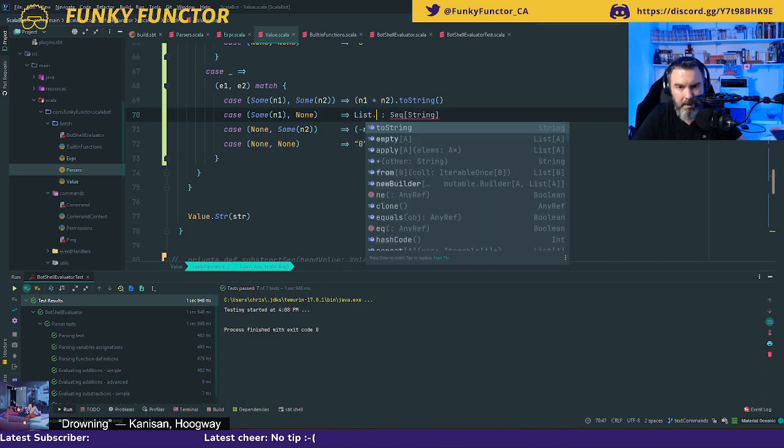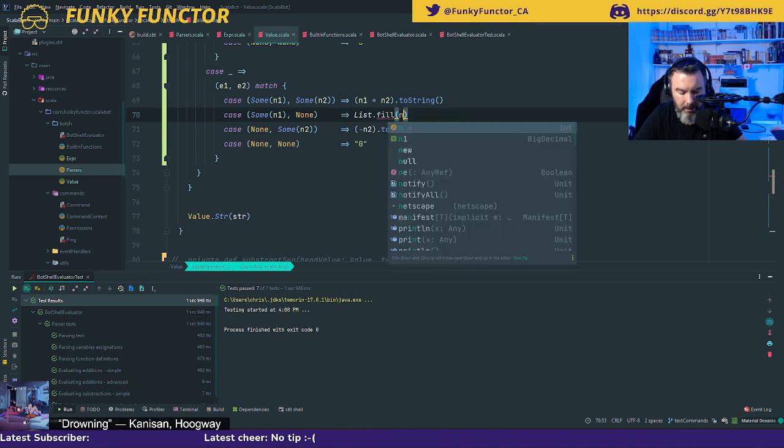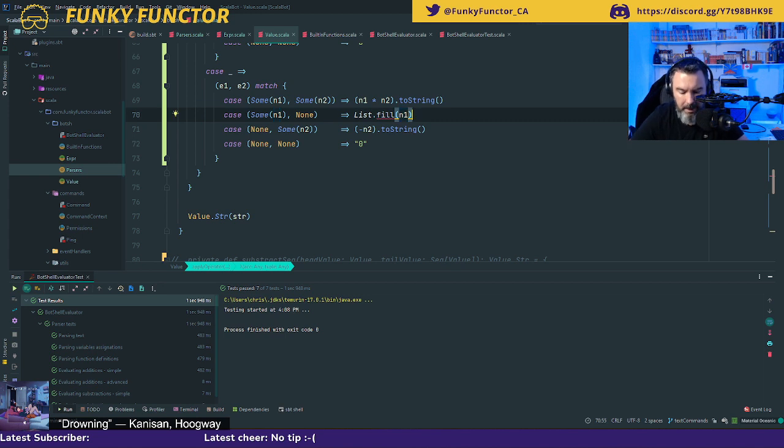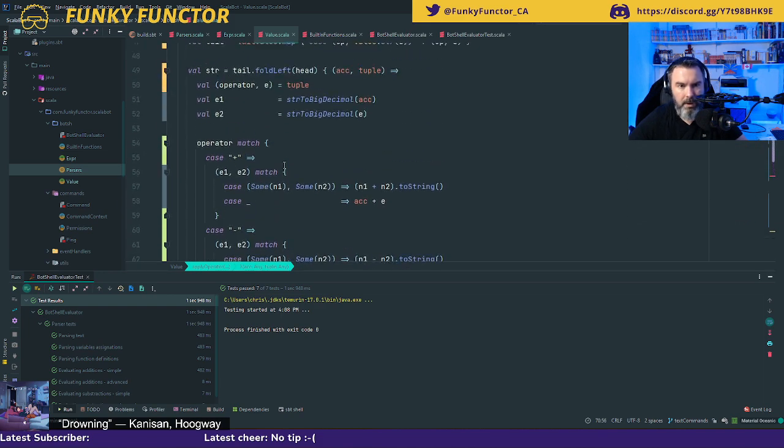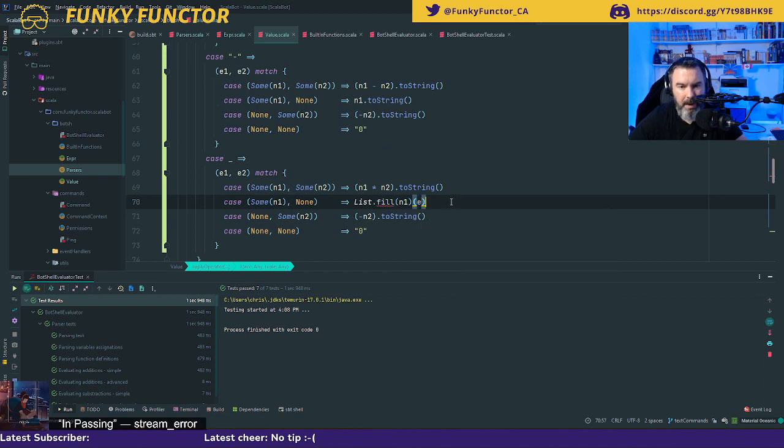So let's try that. List.fill, and I indicate how many elements I want, in that case n1. And I indicate the element that I want to repeat, which is going to be my E2, which is my E. And then I do a dot mkString, I guess.